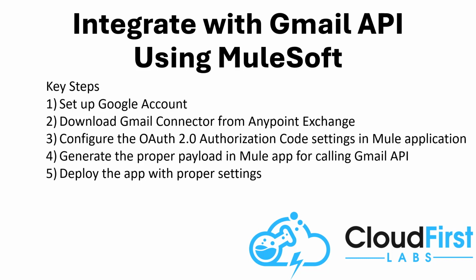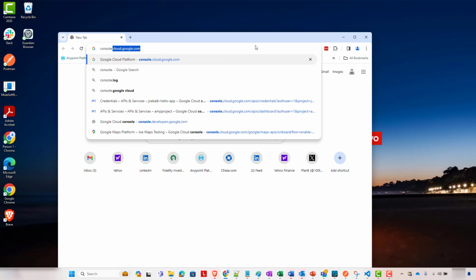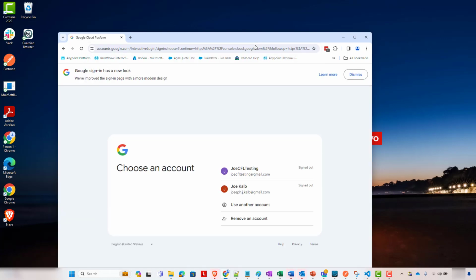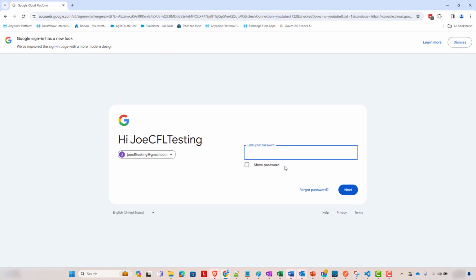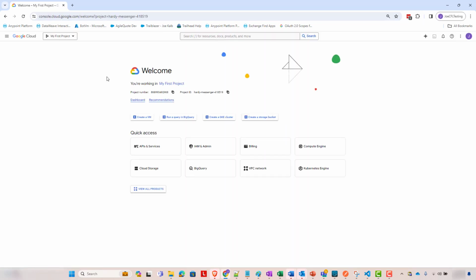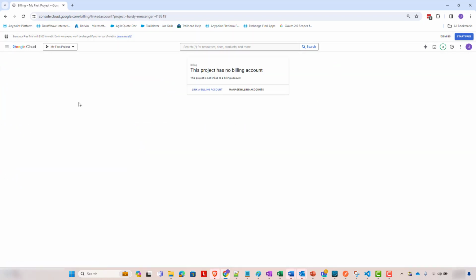To get started, we are going to do some configuration inside of Google. So we're going to go to console.cloud.google.com and log in with this CFL testing account. Okay, I'm going to go ahead and, as a first step, create a billing account. So if I come to the hamburger menu, billing, manage billing accounts, add billing account,